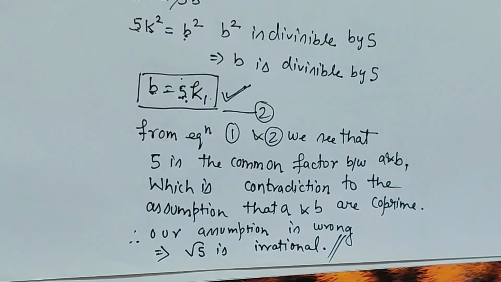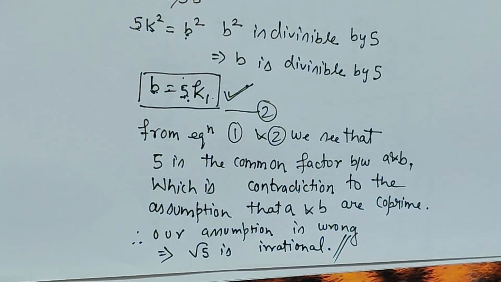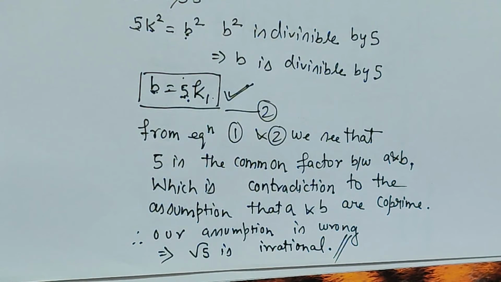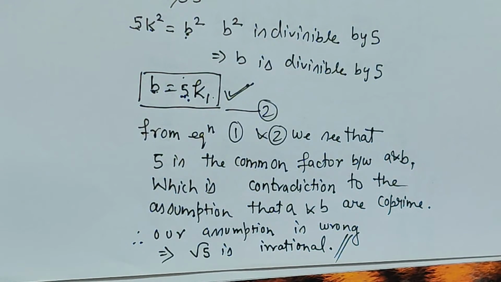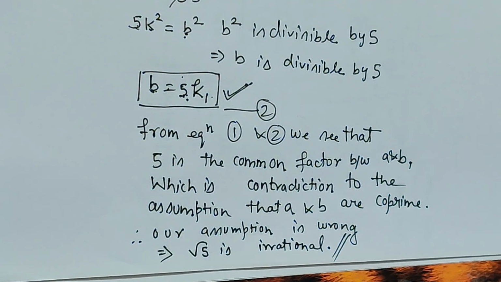Likewise, if you get any other number, be it root 3, root 7, or any number, in a similar process it can be proved that it is irrational. In my next video, I will explain how numbers like 3 plus root 7, 7 plus root 3, or 1 upon root 7 or 1 upon root 5 can be proved irrational. And here in this problem, we proved in a very simple manner that root 5 is irrational.